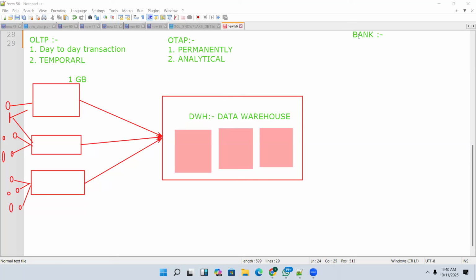Within 5 minutes, I'm going to conclude this, guys. Just 5 minutes. For example, there is some supermarket or some retail business, or there is some store. Now they want to analyze some key points. What are those key points?